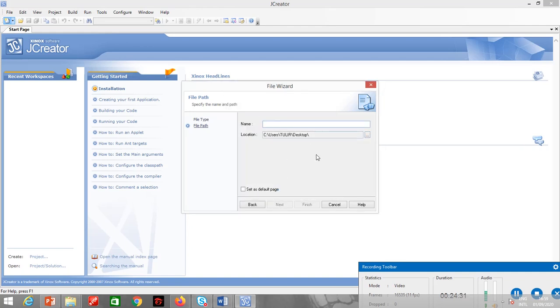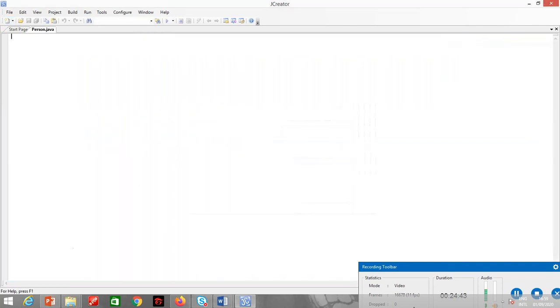Let me create a class called person, just a simple example to show you how inheritance works. I will create a class called person, then I will create a class called employee, which will extend from the person class, and then we will have the methods and we will see.